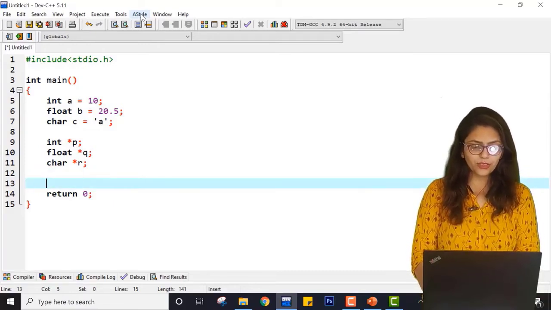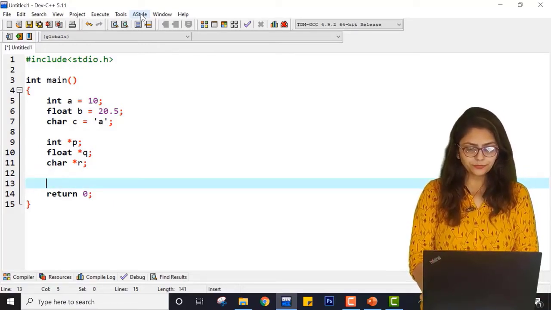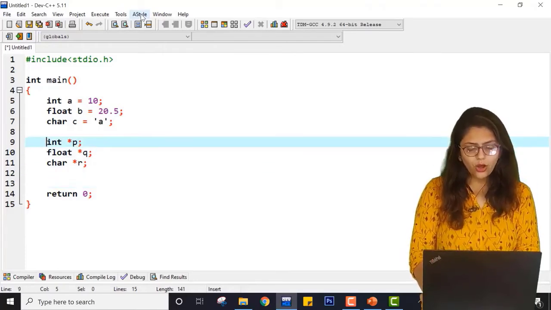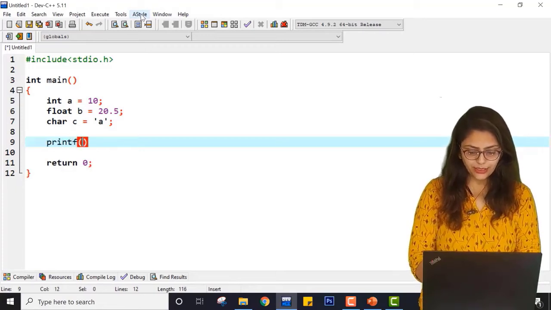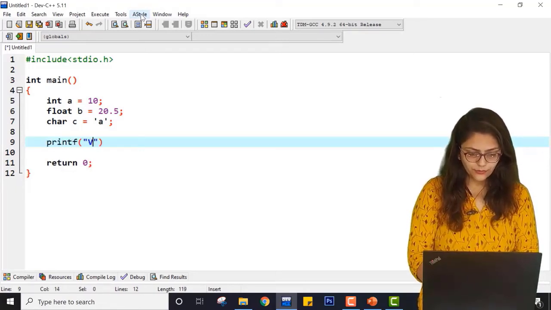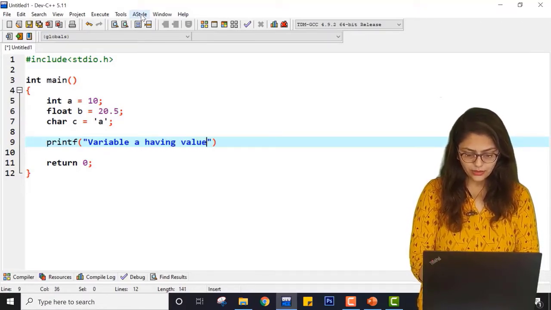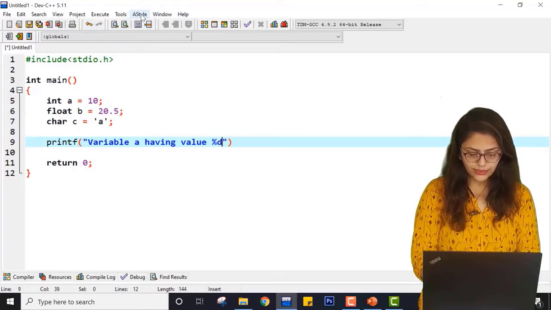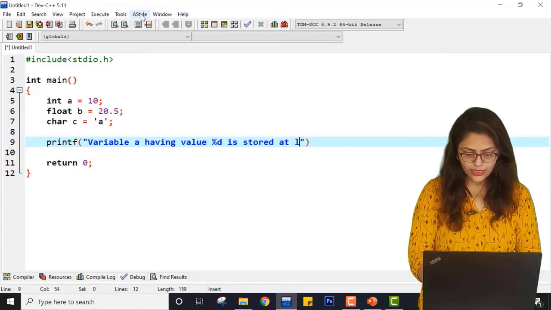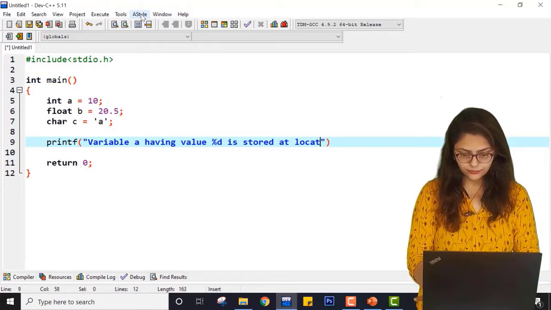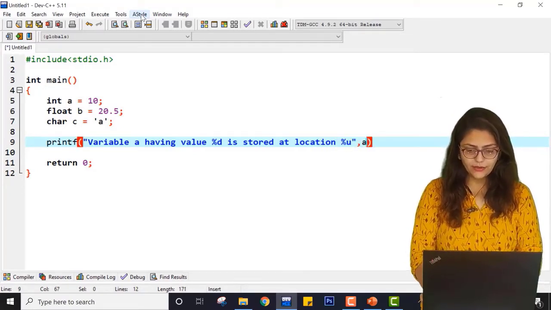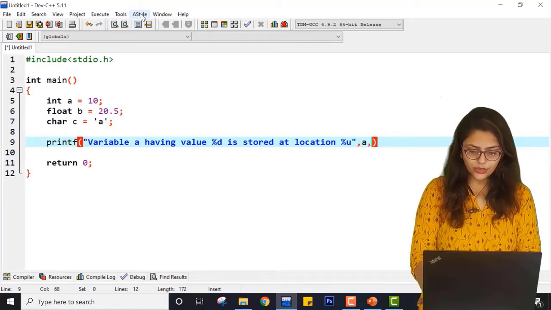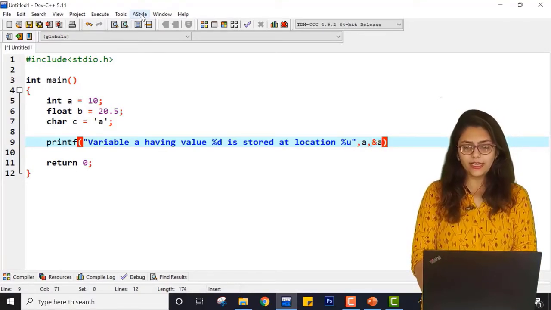Now how can I assign them values? But before even using a pointer, I would like to show you something. I am printing with printf: variable a having value %d is stored at location %u, where the value is a and the address of a can be known as &a, right?